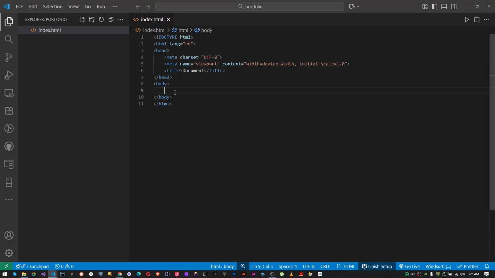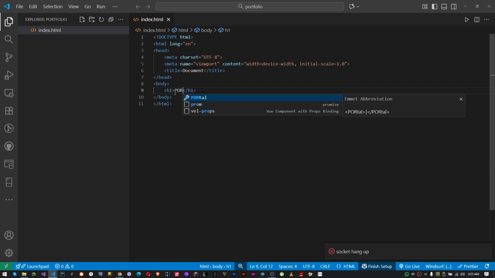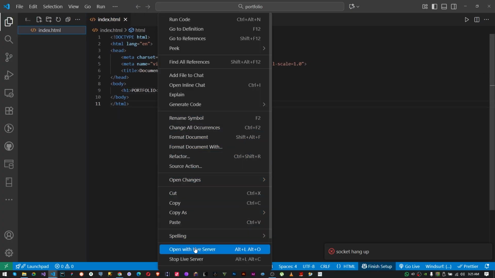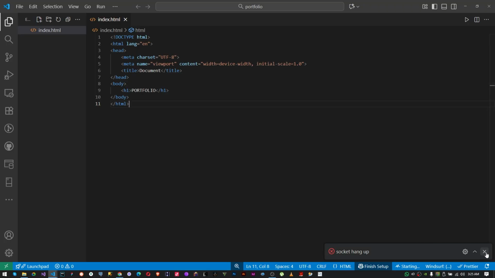Well, here, let's do this. Let's do an H1, write portfolio in block letters. I hope I spelled it correctly. Oh, this is just it. So let me right click and open with Live Server. I like to believe that you know what Live Server is. So when you do this,